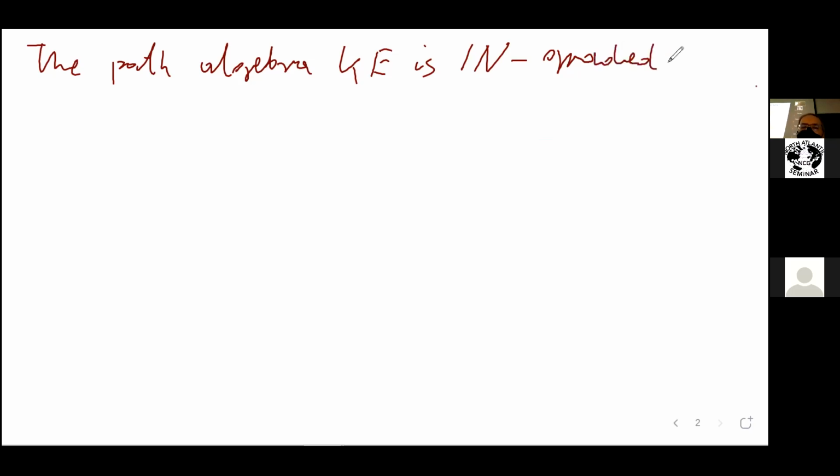Okay, so path algebra KE is N graded, and now we know what it means. But how is it N graded? Of course, it's N graded by the lengths